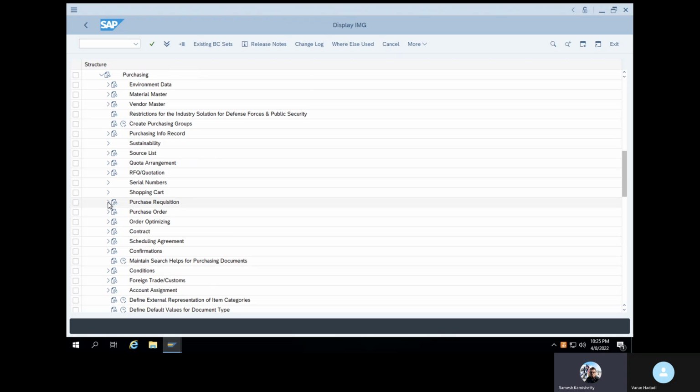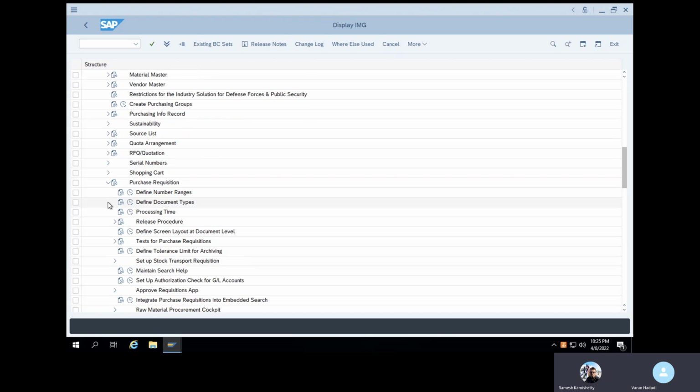You have to recall this path without looking at the system. You have to tell it in an interview. Now define the document type. Now we need to assign our new number range to the document type. Define number ranges.